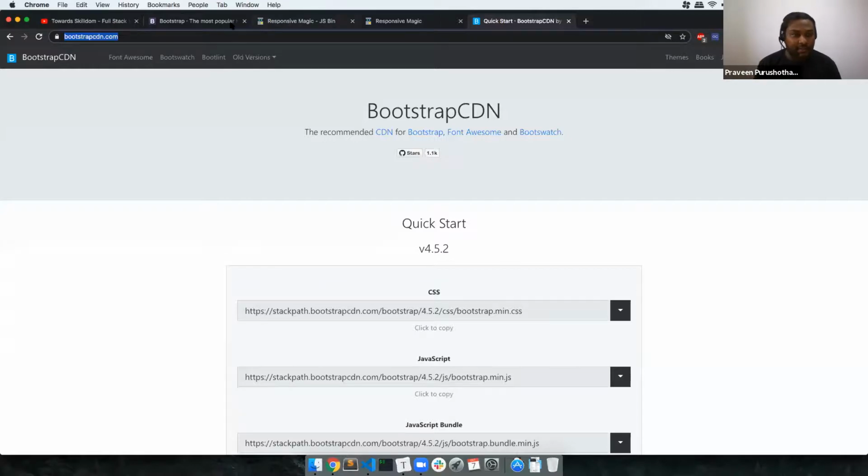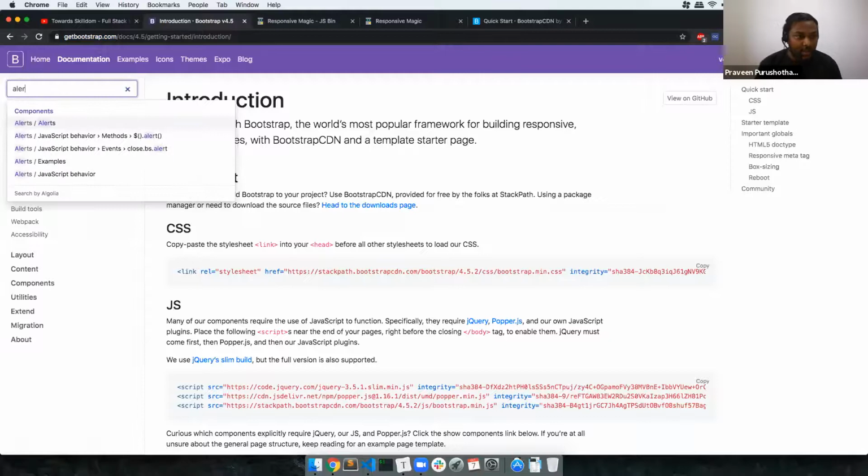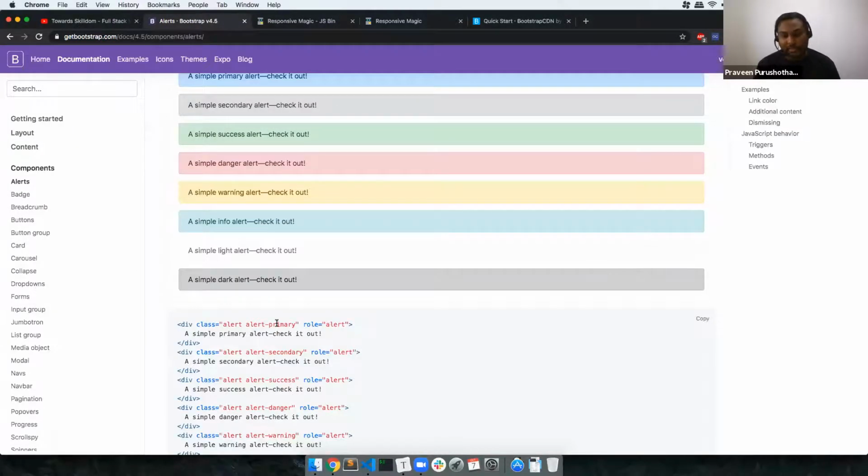Yes, Mithun Jain, you are right. If you go to the documentation of Bootstrap and type in alerts, all these colors are associated with these class names. So content delivery network is a very good thing, because you have speed. Anyone can use it anytime, anywhere, accessible throughout the world without downloading. Thank you, Arasada, Ekavira, Anil Kumar.